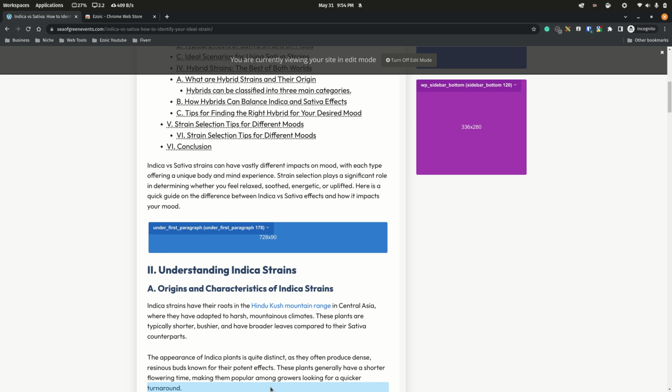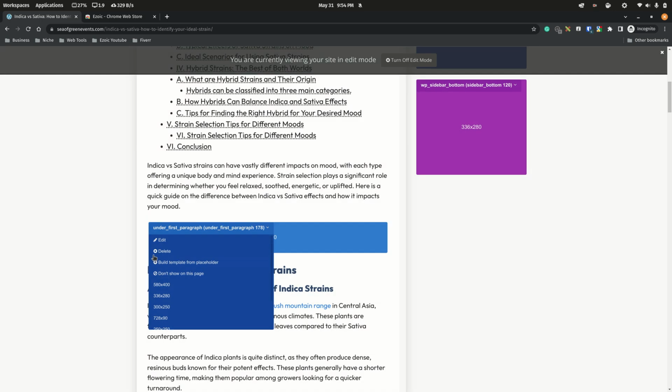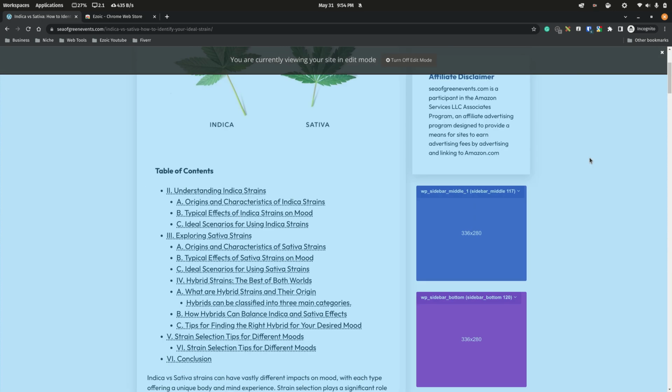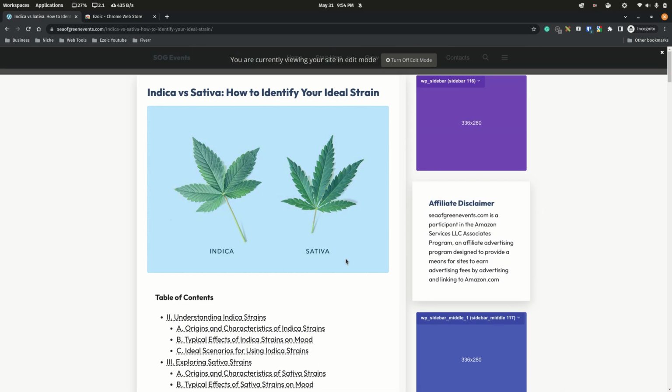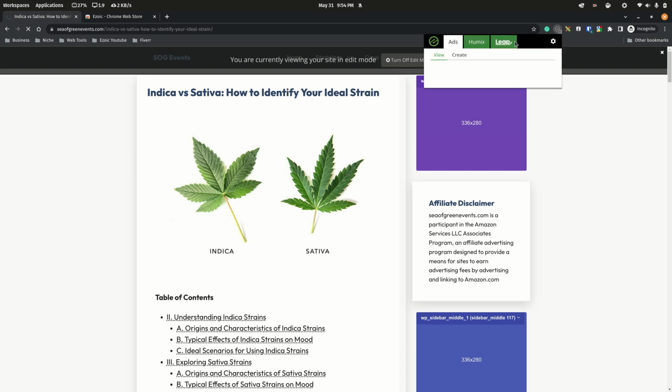Alright, so once this ad is active, we can simply delete the ad by clicking on this arrow. Just bear with me, my mouse is not working properly. Okay, there we go. We can simply click on that arrow and say delete, and that will remove the ad, and so forth. And that is basically the short and the long. In order for us to save these ad placements, we'll need to go back to the plugin here at the top, go to view,